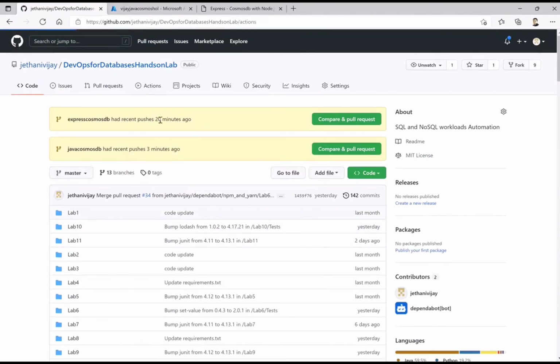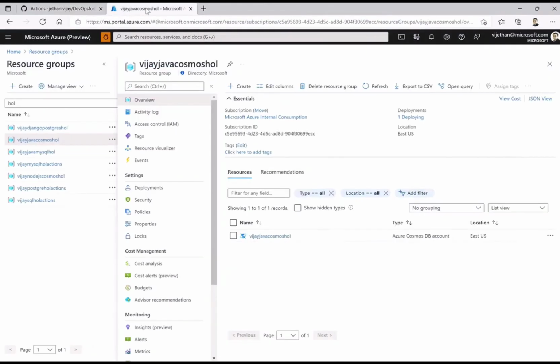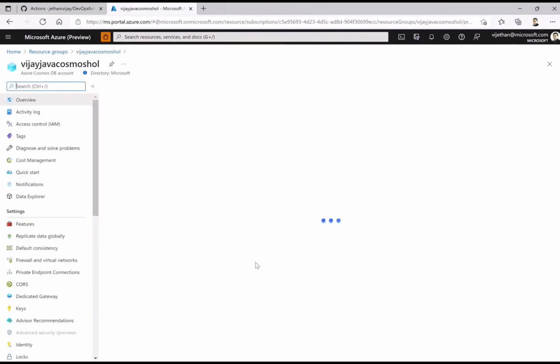Okay, so now we are done with our first step, which is the resource creation. Now, as I explained in the documentation itself, from Cosmos DB I will need the host as well as the connection string.